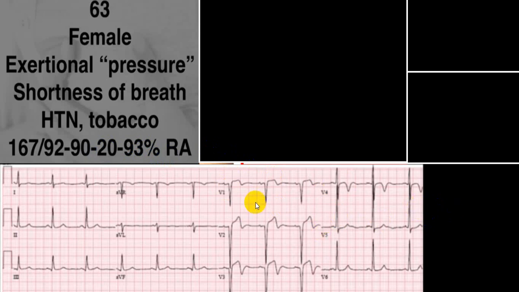Now if you look properly in V1, you have got an ST elevation with T wave inversion, but in V2 you can see that along with ST elevation the T wave is upright and there is a small negative T wave. So this is a biphasic T wave. Whenever in lead V1, V2 or V3, if you get such biphasic T wave with ST elevation, suspect Wellens sign, which suggests a tight LAD occlusion or again left main coronary artery occlusion.